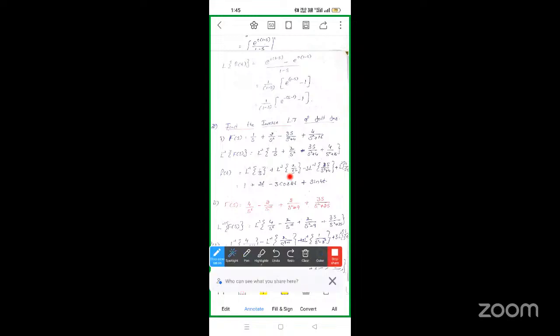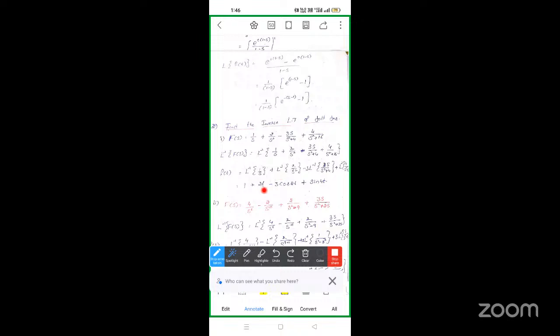So by using the linearity condition, the formula: L inverse of 1 by s is 1. L inverse of 2, where 2 is a constant, stays 2. L inverse of 1 by s square is t. The formula is L inverse of 1 by s power n is equal to t power n minus 1 by factorial n minus 1. So this is the formula for L inverse of 1 by s power n. Using this formula, we can write L inverse of 2 by s square as